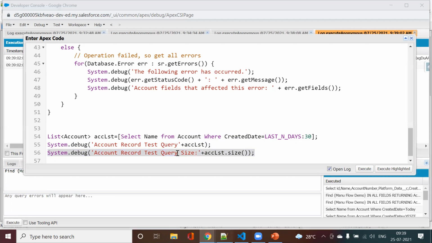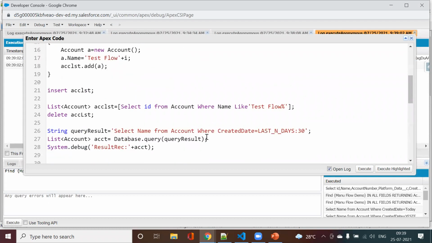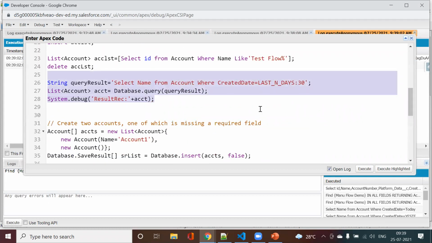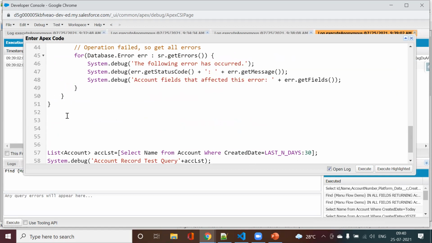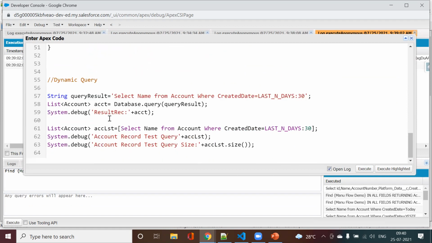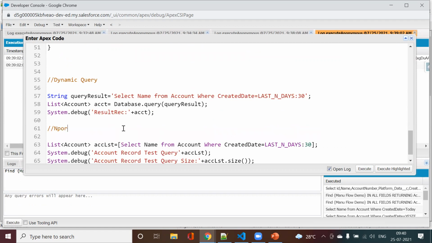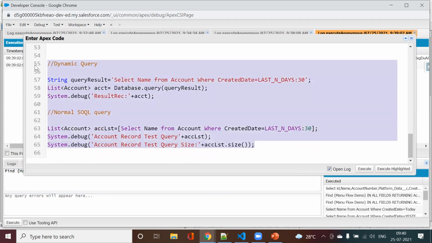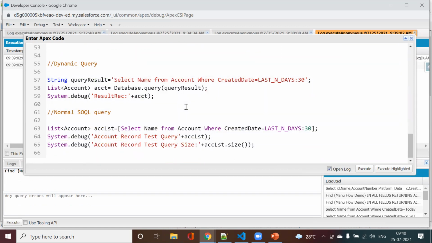So if you see, I did it with two approaches. This one was my first approach. Sorry, for you people, let me try to make it easy. In case you need to write comments, this is how you write it, like in normal language. So this one was the dynamic query that we covered, and this one was the normal SOQL query that we covered. I believe this is mostly the way which has been covered in Trailhead.